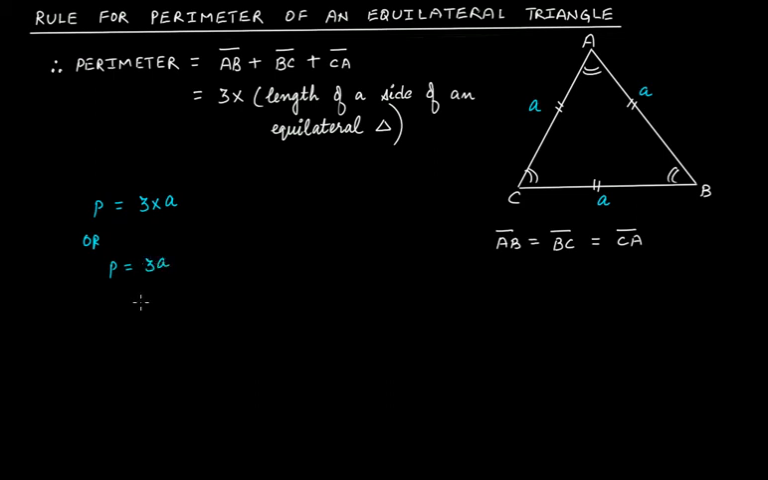We know that, we have discussed this. 3a means 3 times a. So this will be our rule. Now it's important to tell what these variables represent. So where p is equal to what? Perimeter of this equilateral triangle,